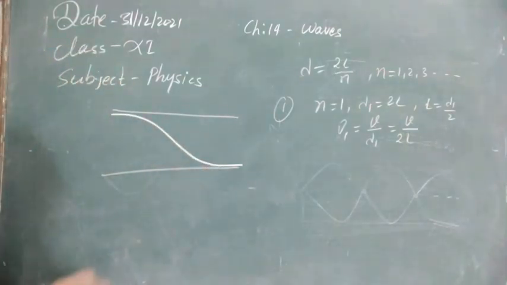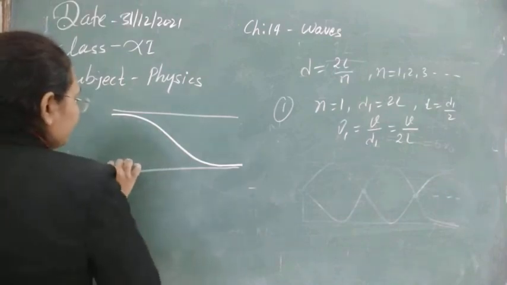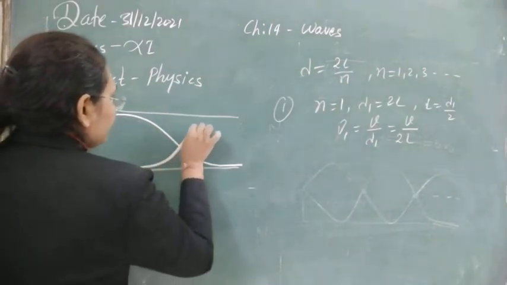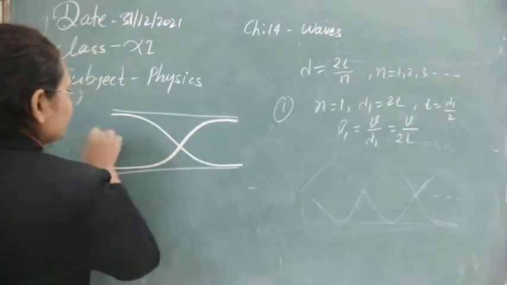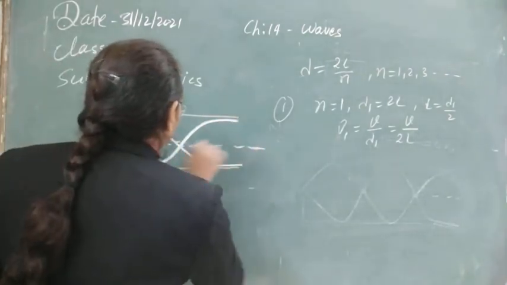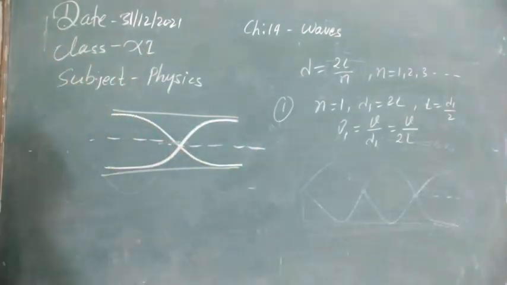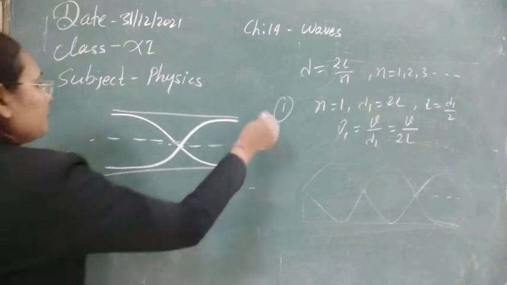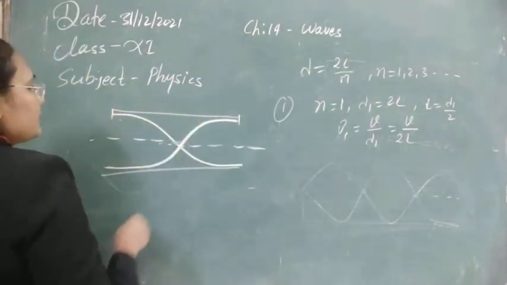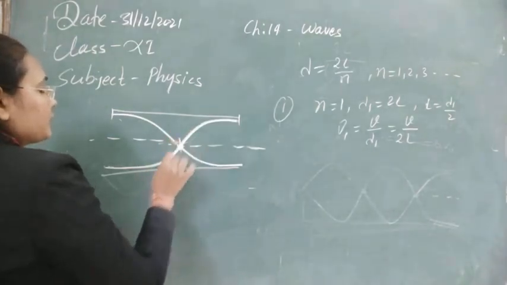This is now the half wave. So similarly we can make this kind of wave. So this is our half wave, you can see from here. So now the position of node and antinode, in this case you will see, this is the position of antinode, this is position of antinode, this is position of node.